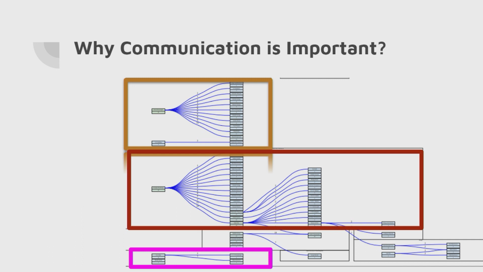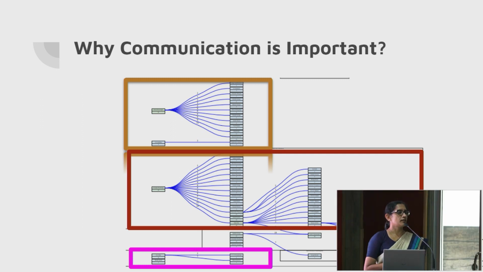We all work in silos. There's no intercommunication between even faculties of the same university. Not to even talk about the communication between universities in the same country. So this is the situation we are facing, and that is why communication is important, right? Now let's see how we can communicate among ourselves at different levels.